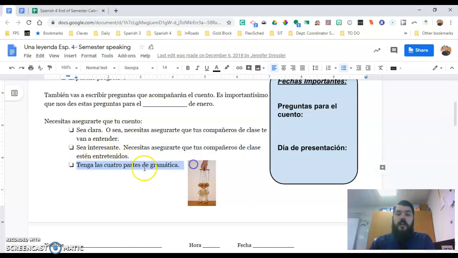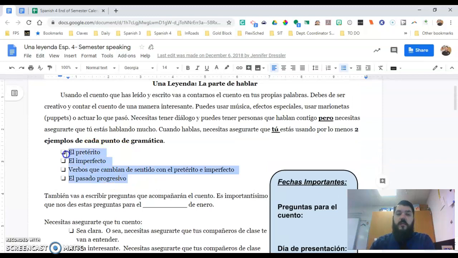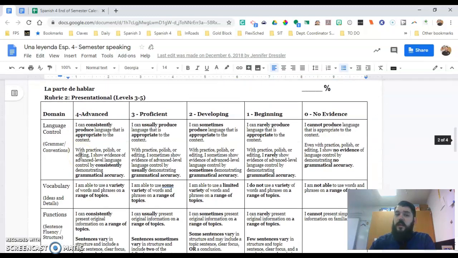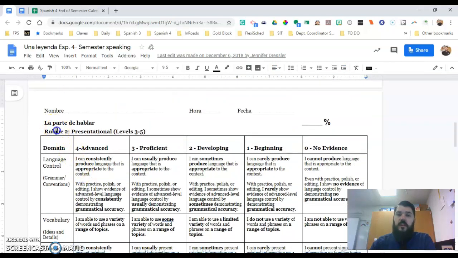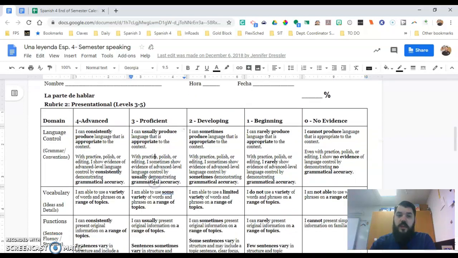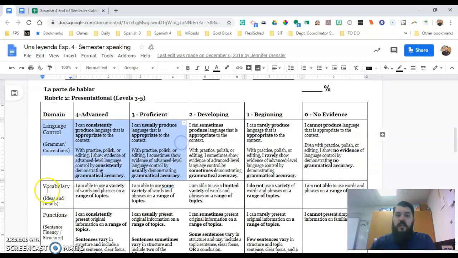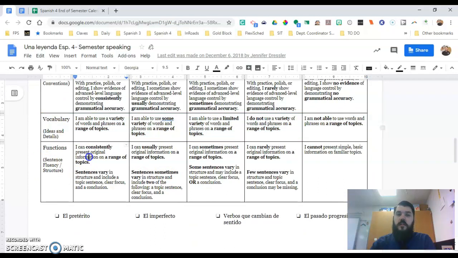And then you need to at least make sure you have these pieces of the grammar. If you don't, it's a big loss in your grade. Same thing here, as I just previously stated, because it's the same exact rubric. I'm just doing this for speaking. So grammatically make it correct. Give me a lot of vocab that's appropriate to the context. And here, switch it up. Don't just be like yo form every single time. Give me different grammar. Give me different people.